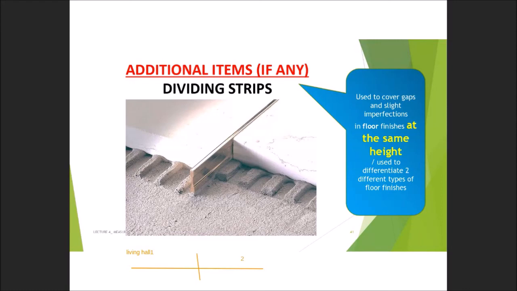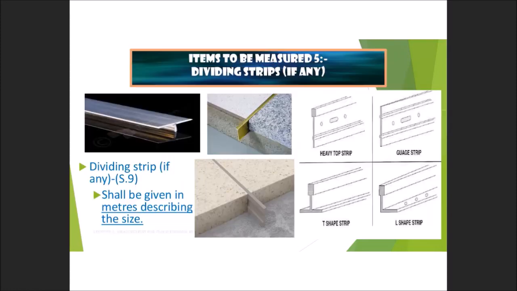Because the features may be different, the material for hall 1 may be marble, same line, with no drop and so on. But area 2 may be using terrazzo. So you need to install the divider at this yellow line to differentiate between these two materials. You can refer to this example. You can also refer to your notes or the supplier website